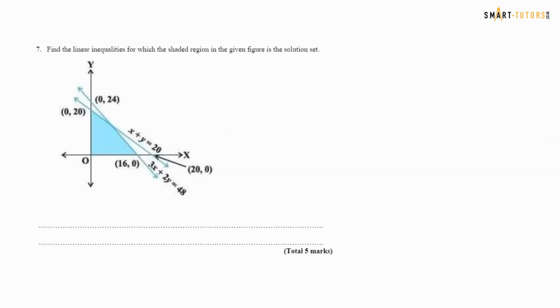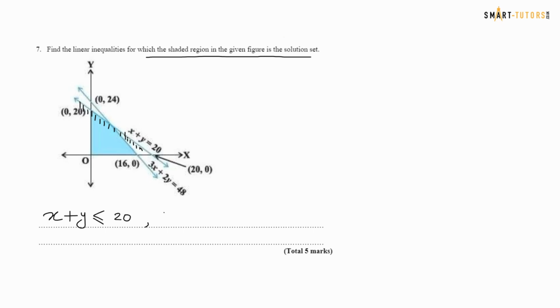Question number 6. Question number 7, same concept. Now get familiar with how to do this one. They're asking to find the linear inequalities for the shaded region in the given figure. So now what we want to do is, you have two lines, an x-axis and a y-axis. Remember, let's start with x plus y equals 20. That is the line, below the line. So this is below and equal,